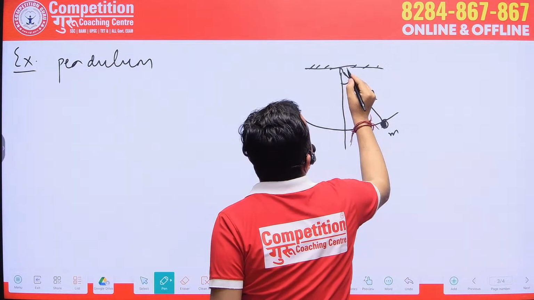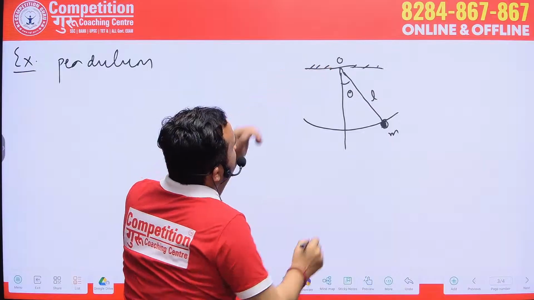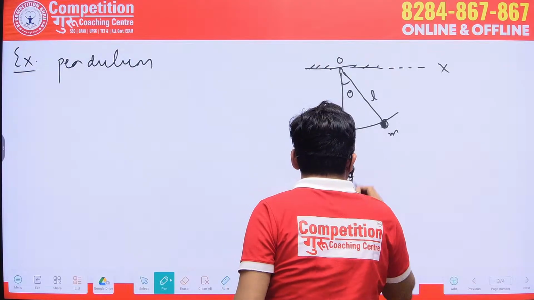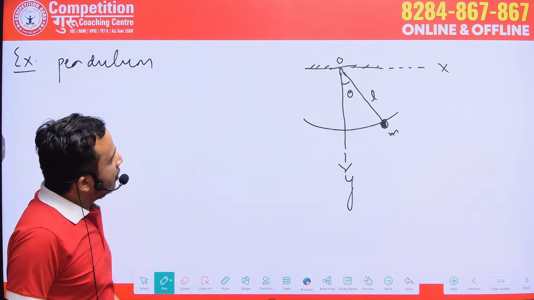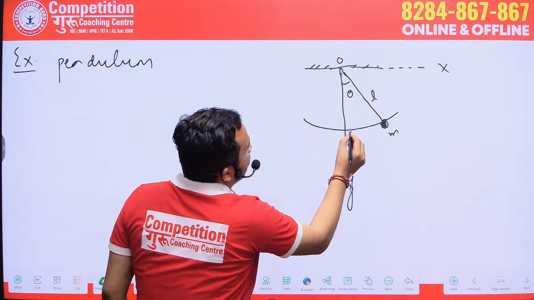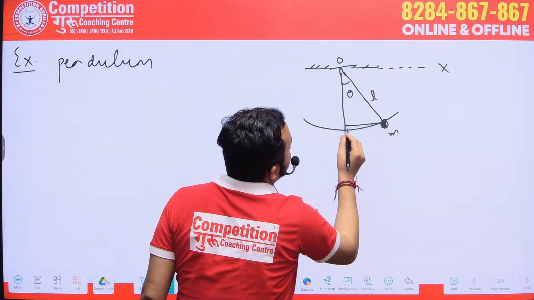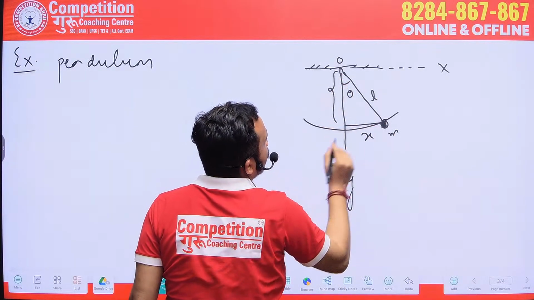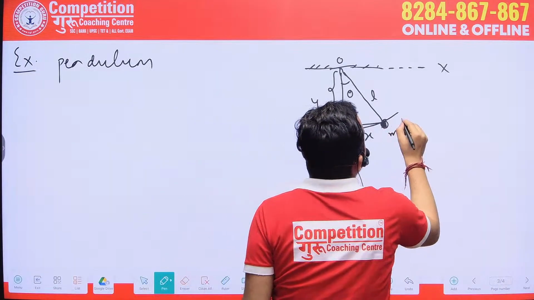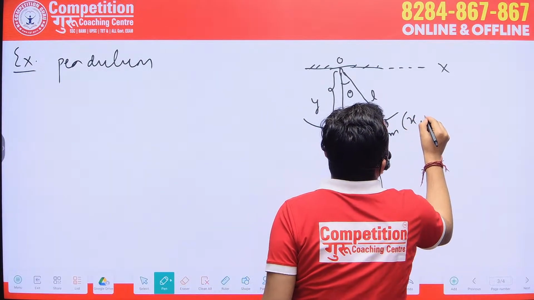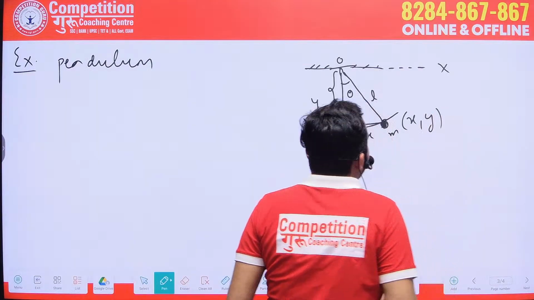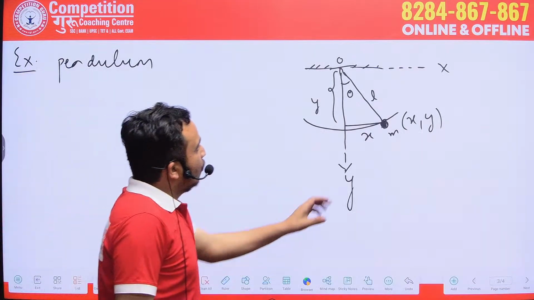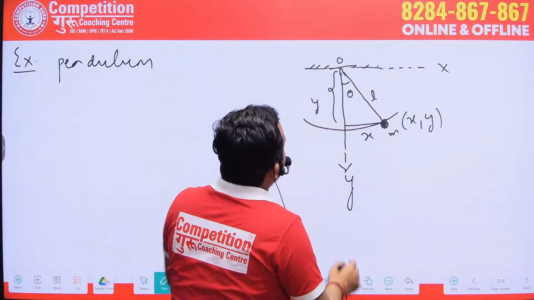Okay, so origin at this point of suspension, and this coordinate is x and this coordinate is y. Correct? Okay, so here this distance will be equal to x, and this distance from origin to here, the position of pendulum, is y. So the coordinate of this bob of the pendulum will be x and y in Cartesian coordinates. By using the Pythagoras theorem, we can write this x square